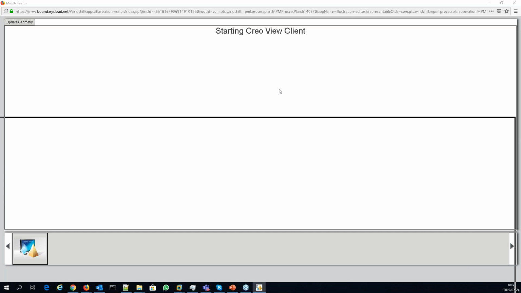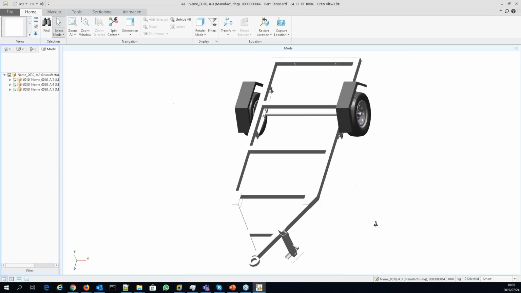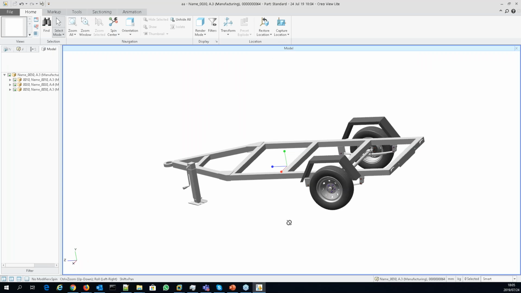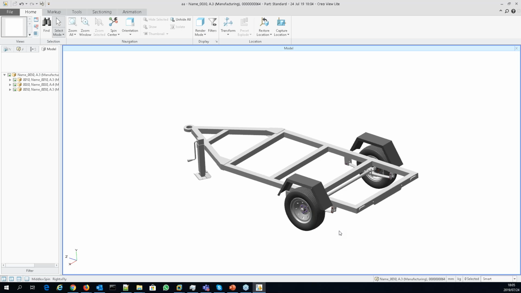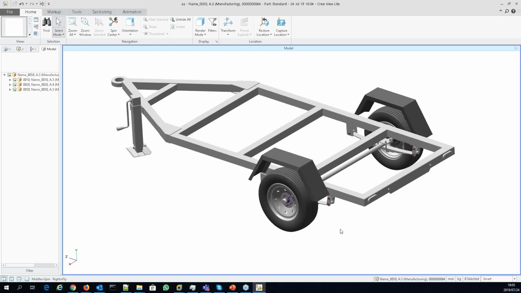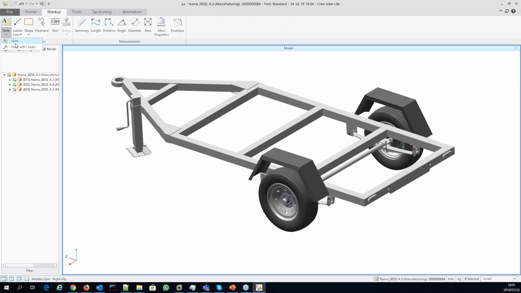And it will launch ClearView Client. Okay, so there I can see my trailer. You will also see that some of the items are a lighter gray color than the others. It automatically makes the items that you've just added for that specific step, for step 3, into a darker color. So I've got my standard ClearView functionality where I can, for instance, create a note of what has